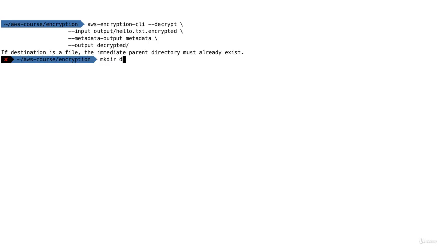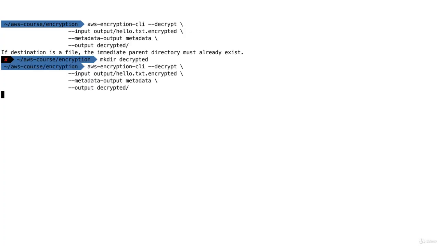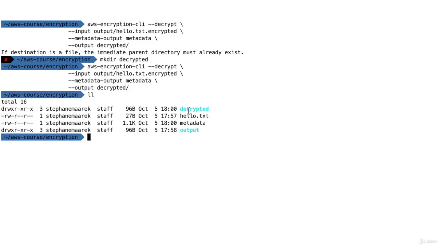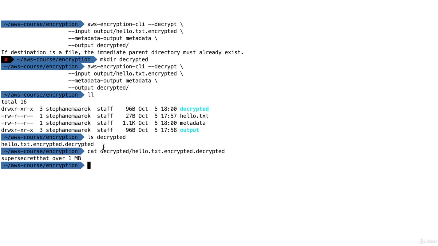We need to create the decrypted directory. Let's run this again, and now it worked. So now if we do ll, we see it created a decrypted directory. If we look into that decrypted directory, we have the hello.text.encrypted.decrypted, so it's been decrypted in the end. Let's cat the content to make sure it was decrypted correctly, and we get back our super secret text that was over 1 megabyte. So this is really interesting because using this encryption CLI, two commands, okay, I just had to get them right, using the encrypt command and the decrypt command, we're able to encrypt a large file and decrypt a large file, and this